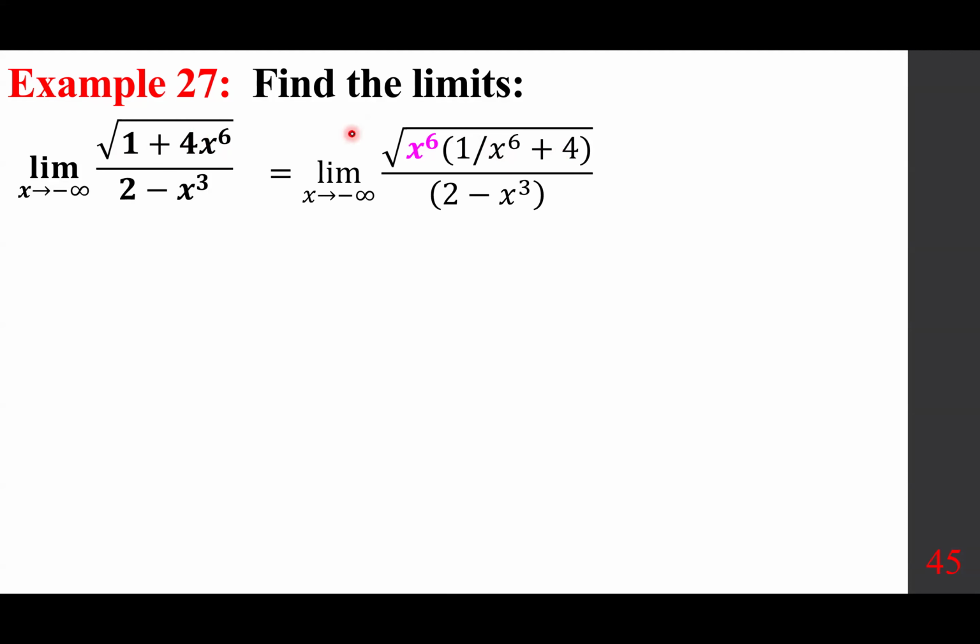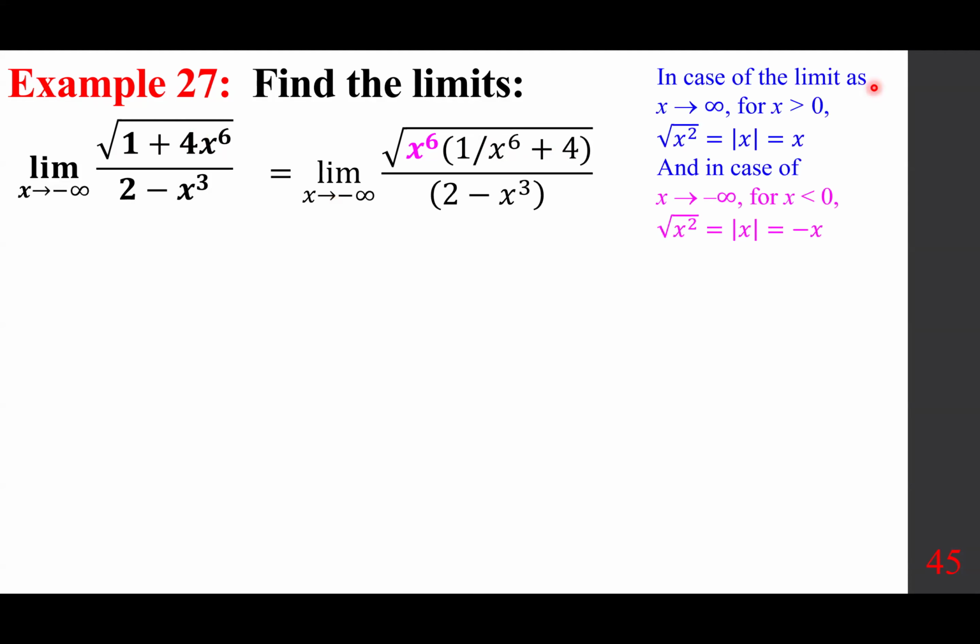Now, how do I bring this out? I've got to pay attention to the fact that x is approaching negative infinity. What does it mean? In case of a limit as x approaches infinity, for x larger than 0, everybody recalls that the square root of x squared is not x, but the absolute value of x. If x is approaching infinity, it's equal to x. And if x is approaching negative infinity, then it's minus x, because x itself is negative. This means the opposite of that. Therefore,